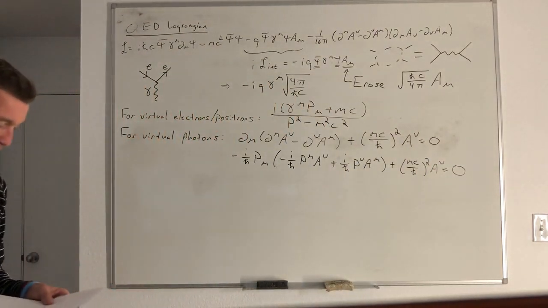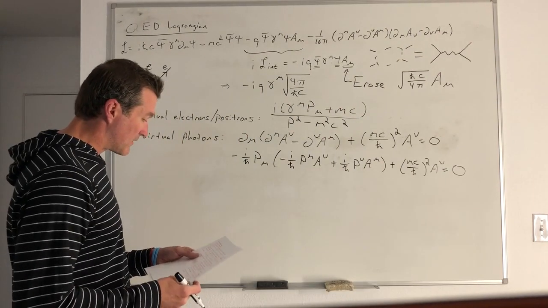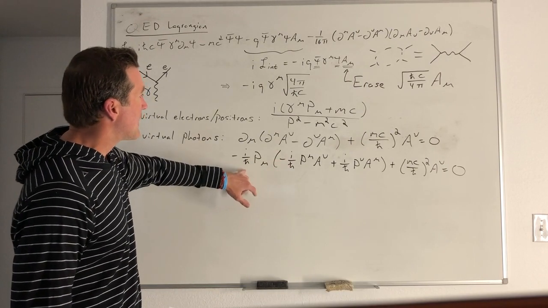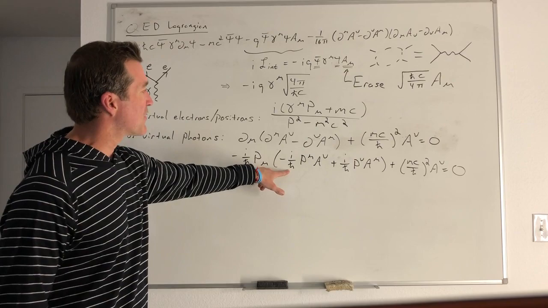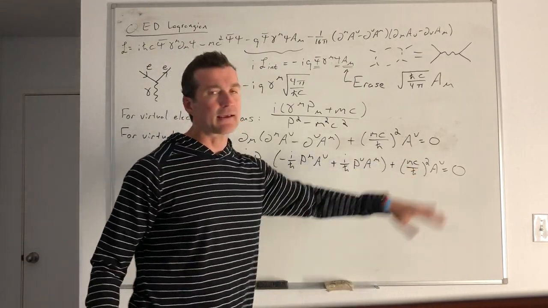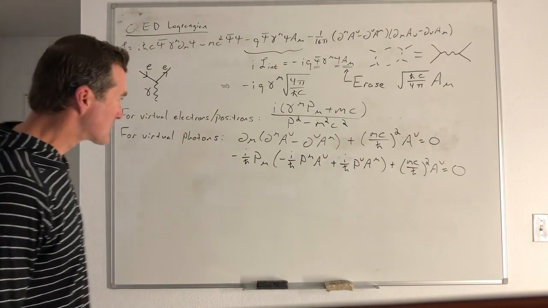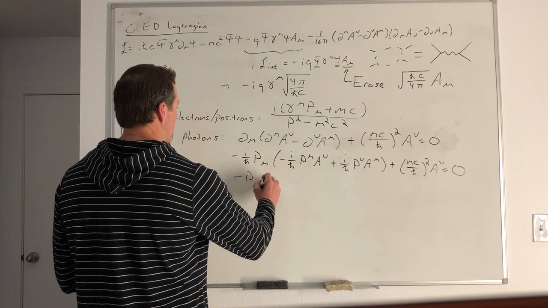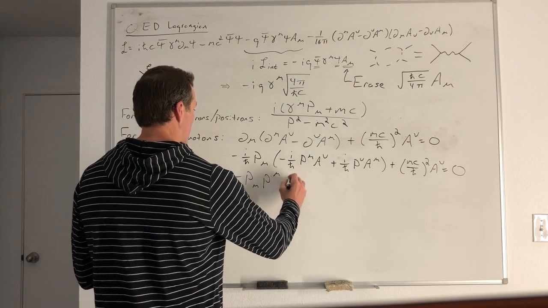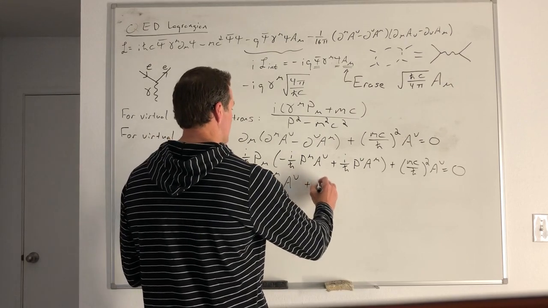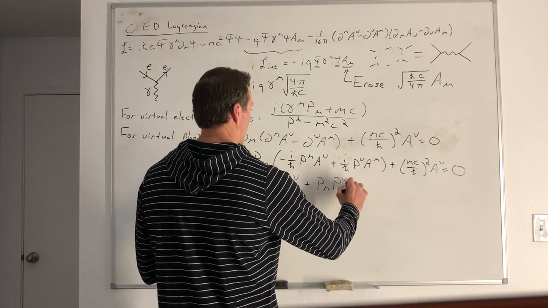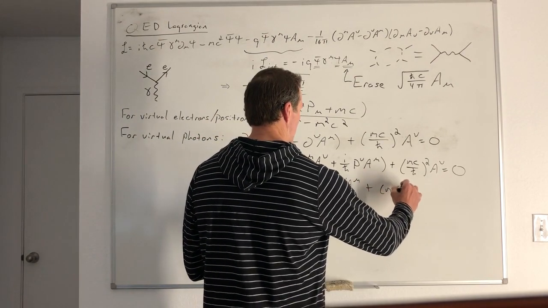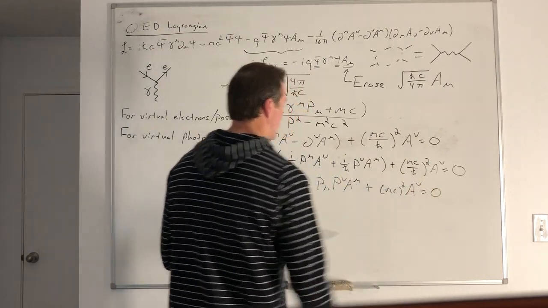So I can multiply the i's out, and I can also notice that these will give me h bar squared here, this will give me h bar squared, and again I can get rid of all of the h bar squared terms. So if we clean this up a bit, then what we find is this becomes minus p mu a nu, plus p nu a mu,